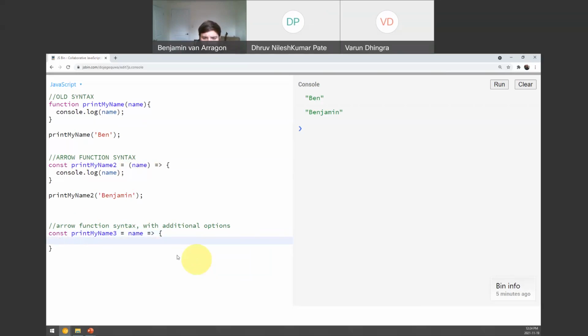I'm actually going to use a different example. Instead of print my name, I'll call this function multiply. This is the same example that's on the PowerPoint. And let's say we pass it in one parameter, which is number, okay? So then in here, if we wanted to return a number multiplied by a value of 2,